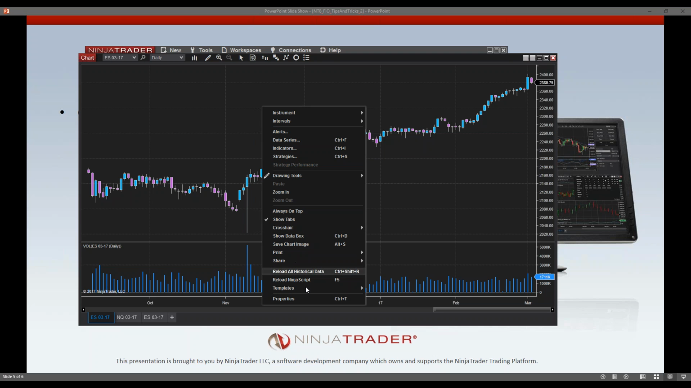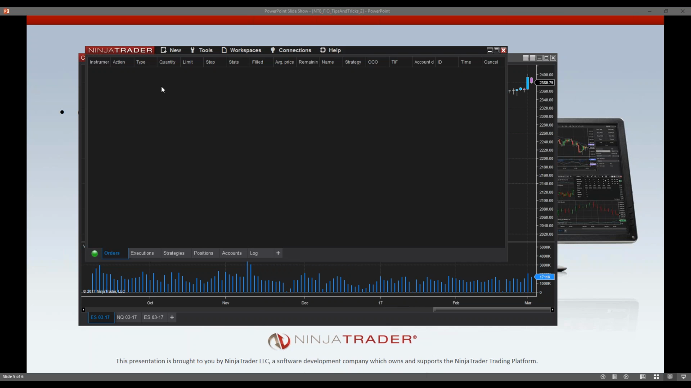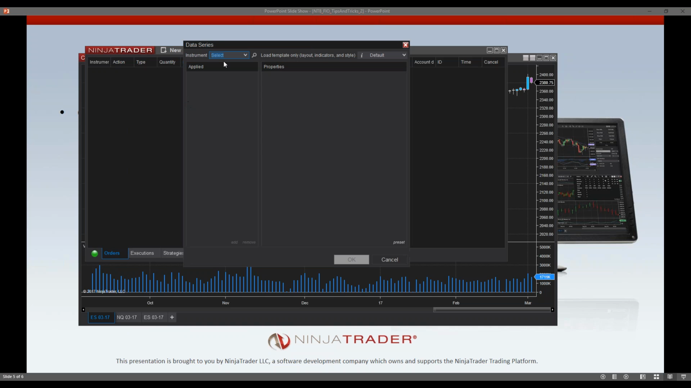A template will save all that, and so I now right-click on the chart, go down to Templates, and now I can save as default, save as, or load. So you do have the ability to load a template at any time and then save a default. So if I click Save as Default here, now the next time I come into the Control Center, New Chart,